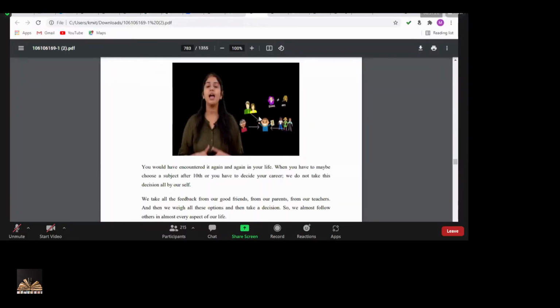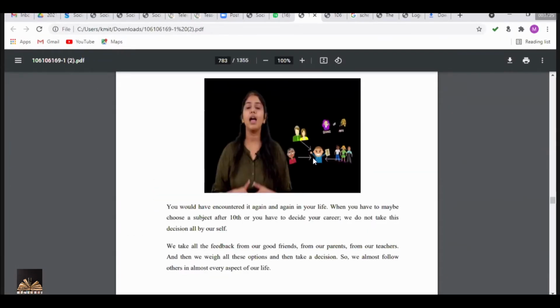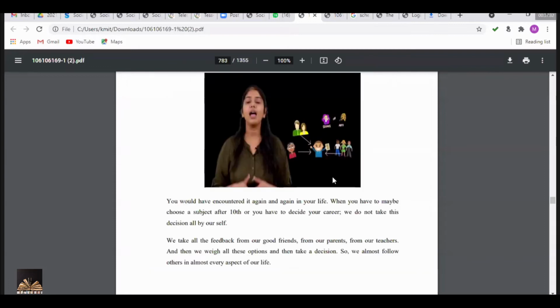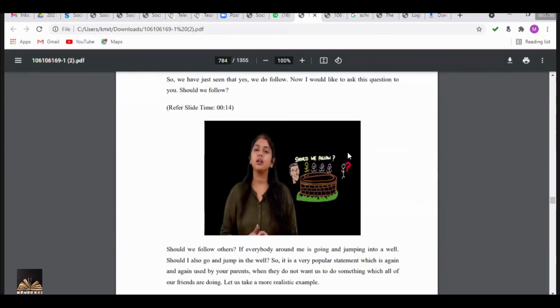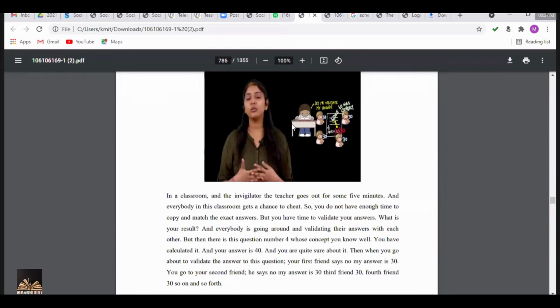See, you got some good MCET rank, and you want to choose your career. There you take different opinions from family and friends, then based on that you follow which path you want to take. Is it not right? So we follow, but do we follow in all situations? See, if one person is jumping into the well, will all the people jump into the well? No. So why do we follow? Here we have two reasons for following.